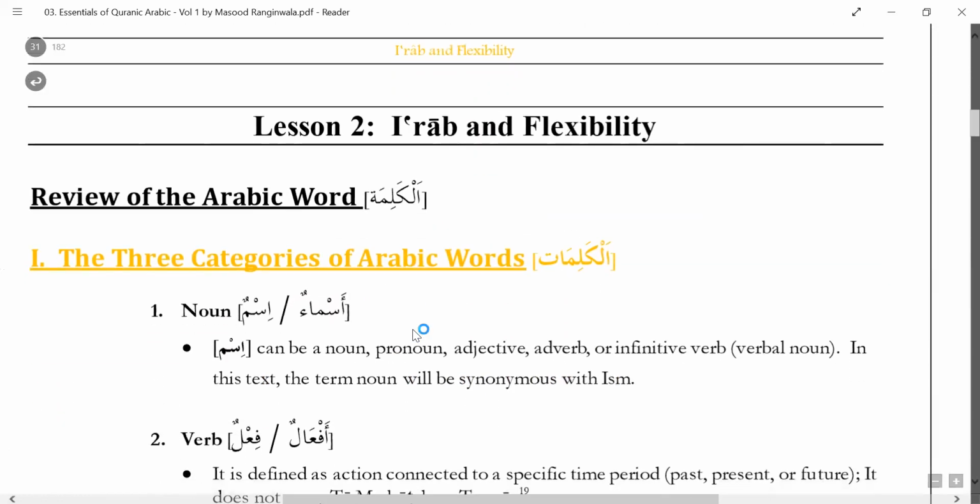With this, we finish the first lesson. Inshallah, next class we will continue and do lesson number 2. This is again more details on your iraab. For knowing the iraab, you also need to know something about flexibility, because not every word is flexible enough to take two fathas to become nasb, or two kasras to become jar. Not every word is able to take that. That is something called flexible: how far the ism is flexible to accept all three iraab looks.